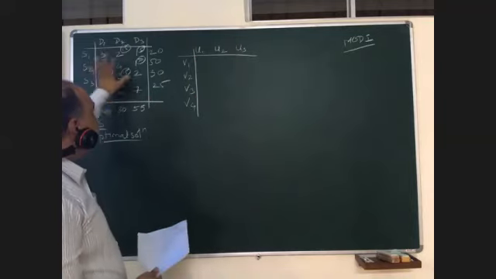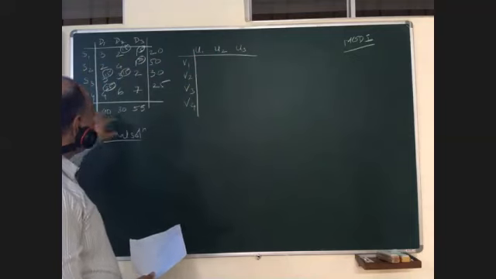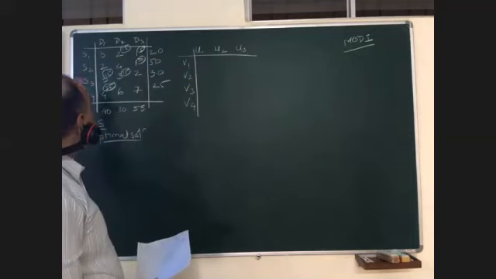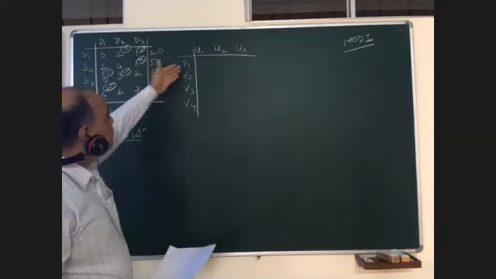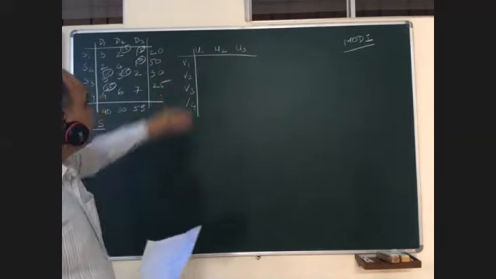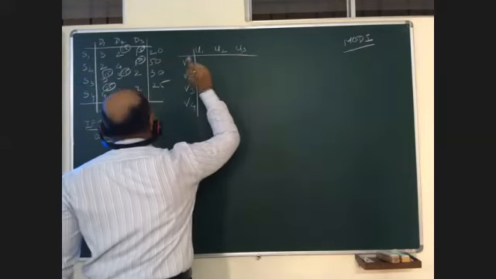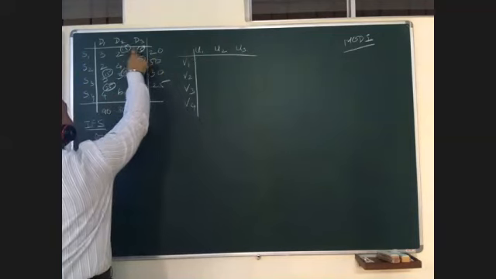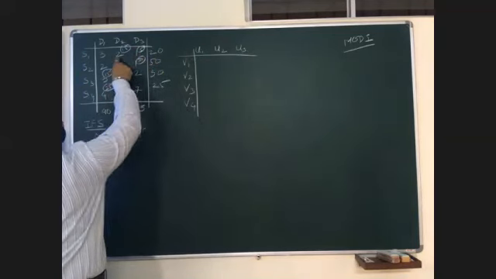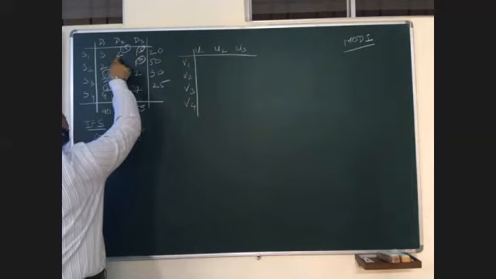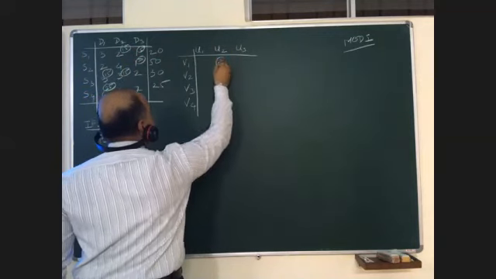Now, what we have done, please understand, this is the Modi method. We are trying to check whether the IFS is our optimal solution or not. We have changed S1, S2, S3, S4 as V1, V2, V3, V4, whereas D1, D2, D3 is U1, U2, U3. Pay attention. Wherever we have allocated the units, we are going to consider these costs. I'll write the cost only.